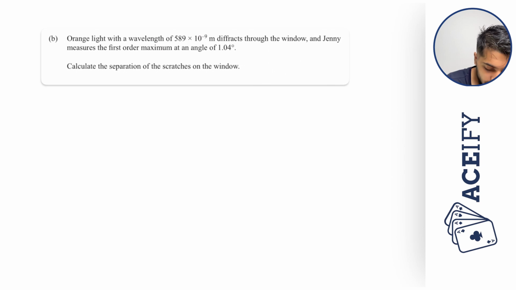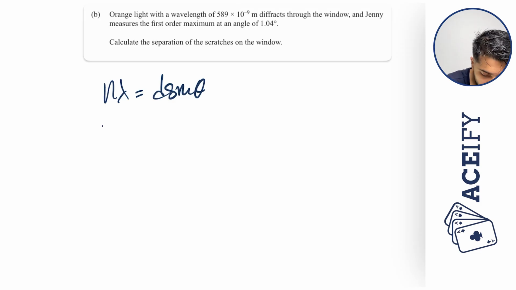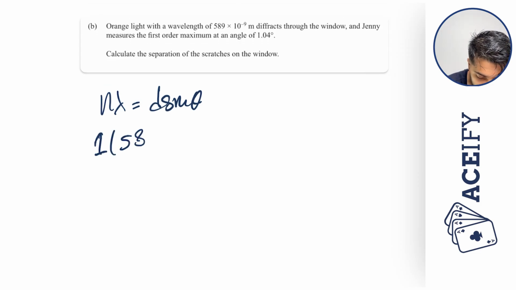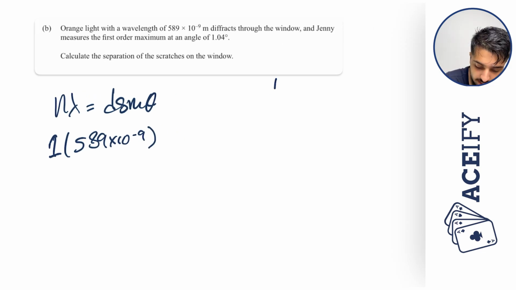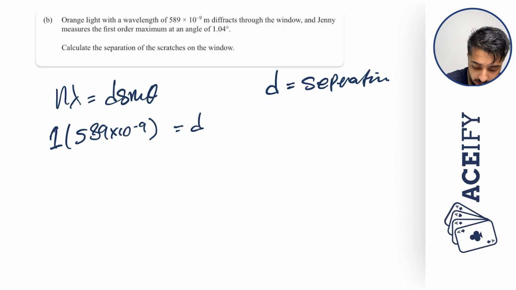Okay, so we have our trusty equation, n lambda is equal to d sine theta. This is the first order, so n is going to be 1. We know our wavelength, which is given, 589 times 10 to the negative 9 meters. d is our separation, and that is what we're trying to find, so obviously we don't have it. But we do have our angle, which is sine